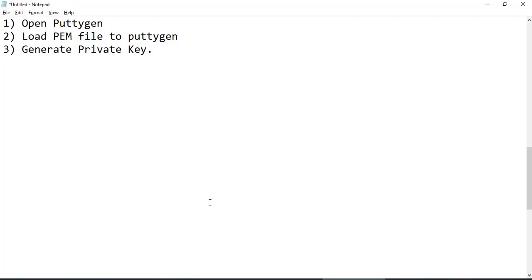So till last lecture we have understood what a security group is, and how to create inbound and outbound rules for that particular security group. Also we have learned about key pair, right? We have created a private key as well, and the PEM file we have also converted to a PPK file, right? So today we are going to see how to create an EC2 instance.